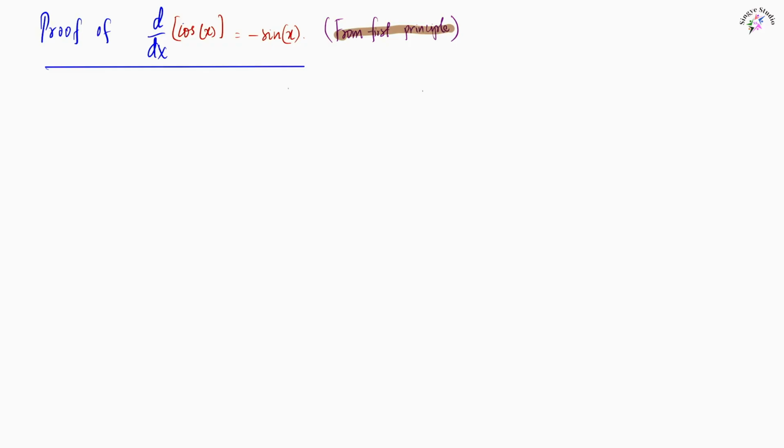Hey guys, welcome back. In this video, we are going to prove that the derivative of cosine x with respect to x is negative sine x. And here x is an angle, and this angle is measured in radians. Okay. Now we have from the first principle that the derivative of the function y equals f of x can